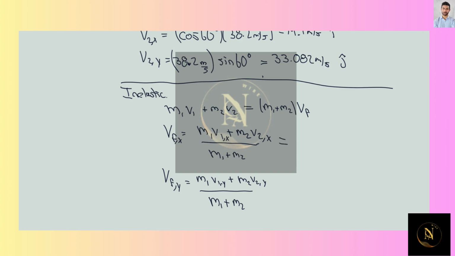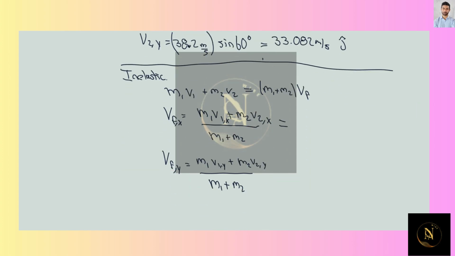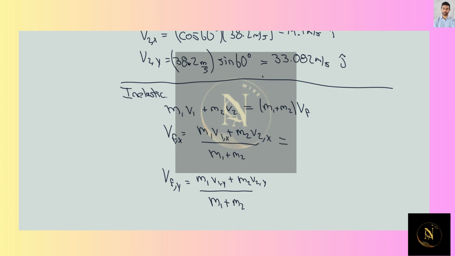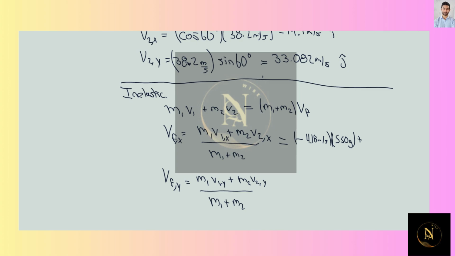The velocity 1 on x is going to be minus 4.18 meters per second times the mass, which is equal to 550 grams, plus mass 2, that was equal to 58.4 grams,